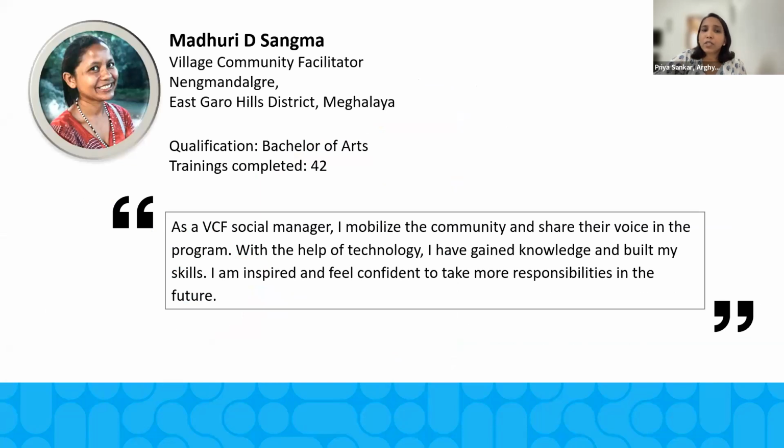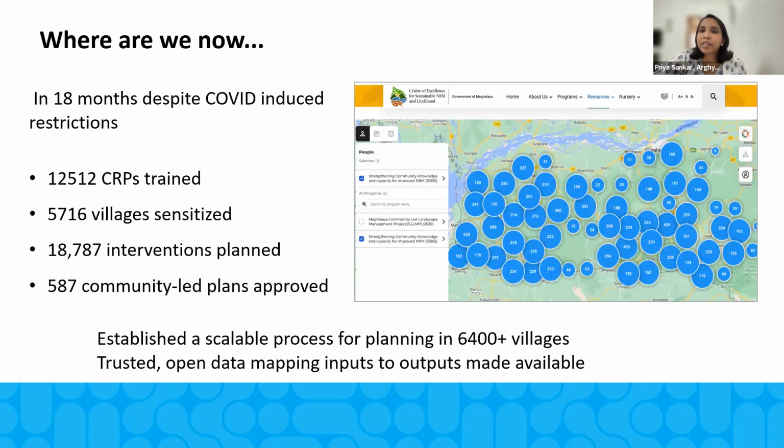So what are the voices from the ground saying? What does a first mile person say about all this? Madhuri Sangma is one such community facilitator from a small village in Meghalaya. She credits technology for building her knowledge and skills. She takes pride in her work and is confident to take on more responsibilities. Next slide. Like her, there are 12,512